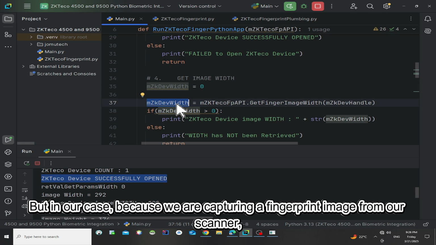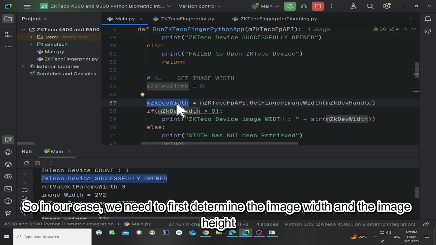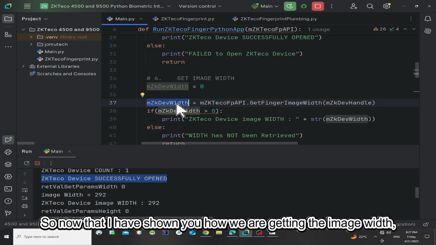But in our case, because we are capturing a fingerprint image from a scanner, we first need to determine the dimensions supported by that fingerprint scanner. So we need to first determine the image width and the image height that fingerprint images captured by that scanner will actually have.